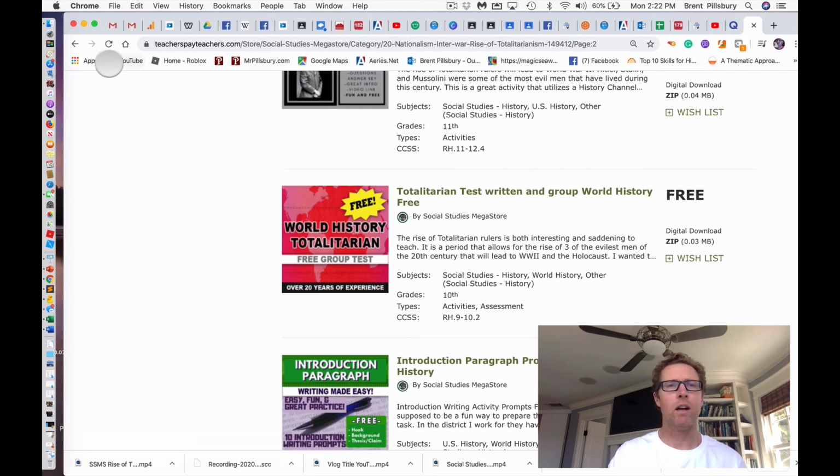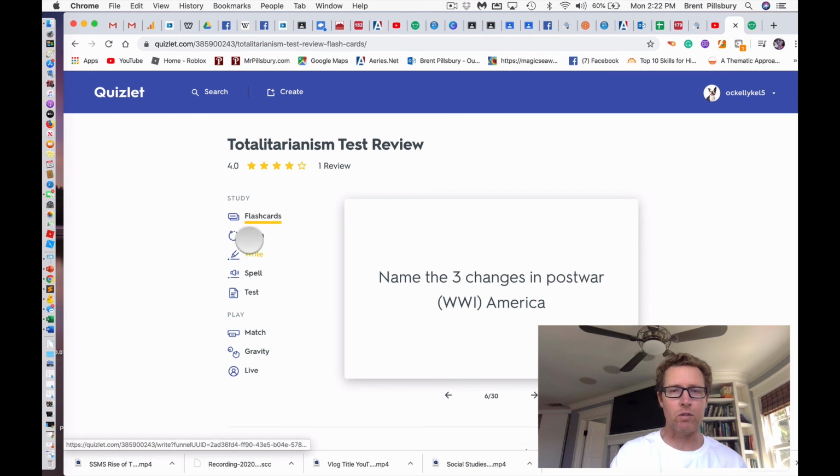So anyway, hope you enjoy it, and I hope you can use this during this time. Obviously this won't be useful, but the review game is very useful, as I'm going to use the Learn, I'm going to probably use the Match, and I'm going to use the Gravity right now. Those are the three things I'm going to use.